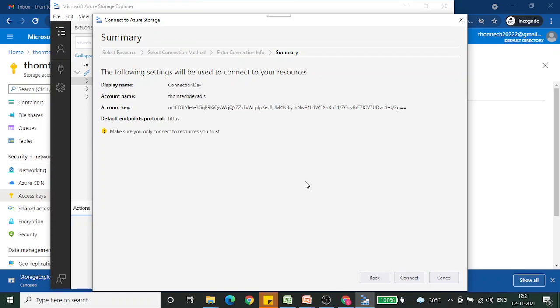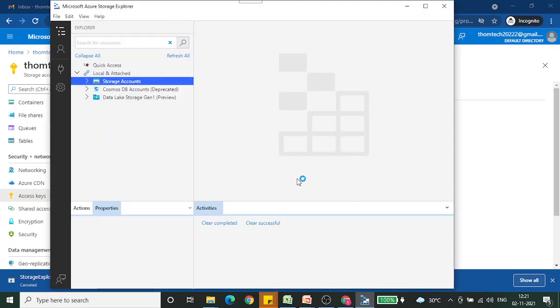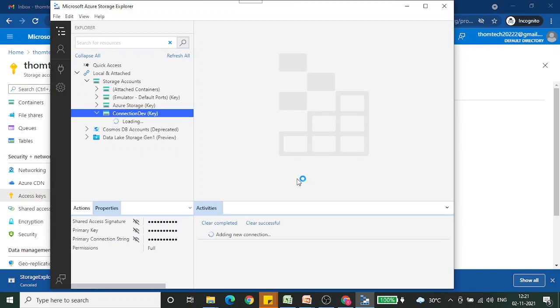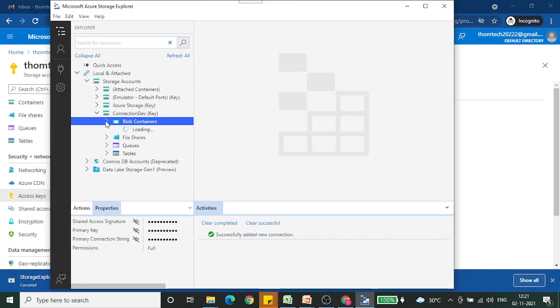It will give some warning whether it's a trusted container or trusted account that you want to connect. Just click on connect, and once you connect, you will find that you have all the containers and the resources under that storage account available through this application.